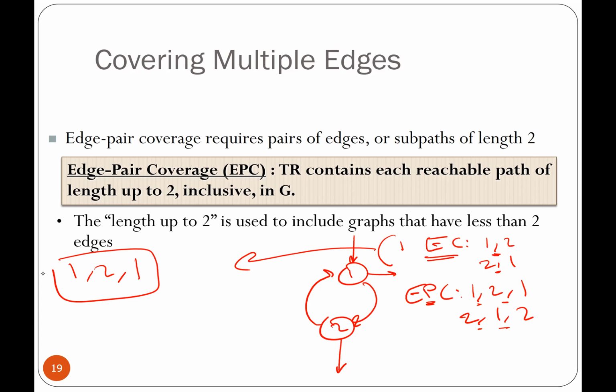Okay. By just the one test case. This one test case is not enough for edge pair. Okay. For edge pair, I would have to go in 1, 2, 1. But then again, I had to go 2 at least before I take out that exit. So that's a more thorough test case